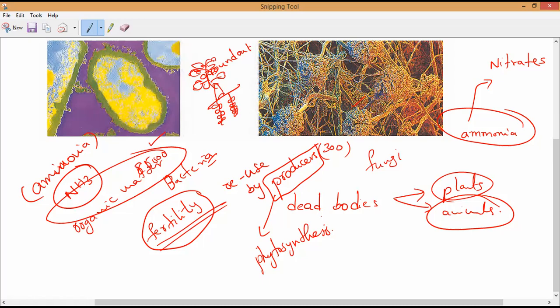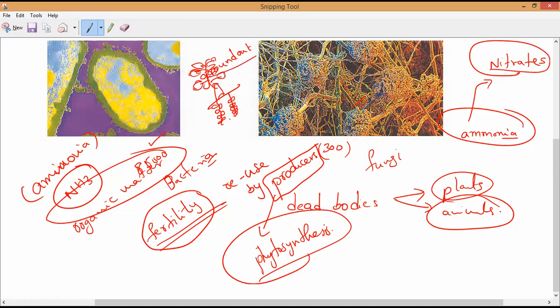It's not the putrefying bacteria. Putrefying bacteria help in the formation of ammonia. So this ammonia will be converted into nitrates by some other bacteria. For example, the groundnut has rhizobium bacteria. Have you heard of it, guys? Please respond. Rhizobium bacteria, present on the roots of the groundnut, help to convert ammonia into nitrates to help the groundnut plant. But then how is the bacteria benefited, sir? It is provided shelter by the plant.